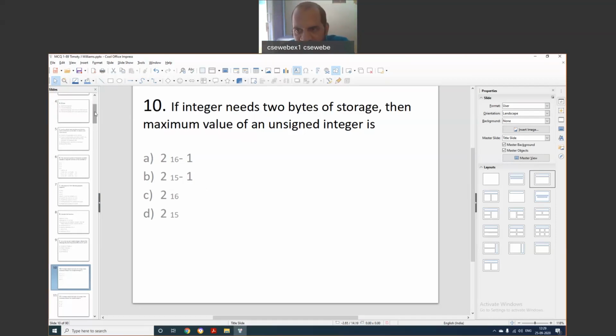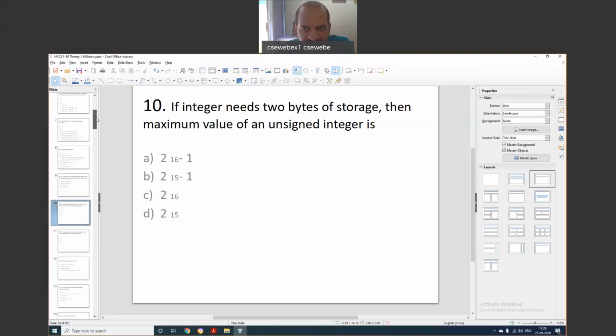Somebody wrote C, 2 power 16, but 0 will be there. Actually, 2 power 16 combinations will be there, and the first combination is 0, going up to 2 power 16 minus 1. Even if it is only 4 bits, total 2 power 4, 16 combinations will be there.